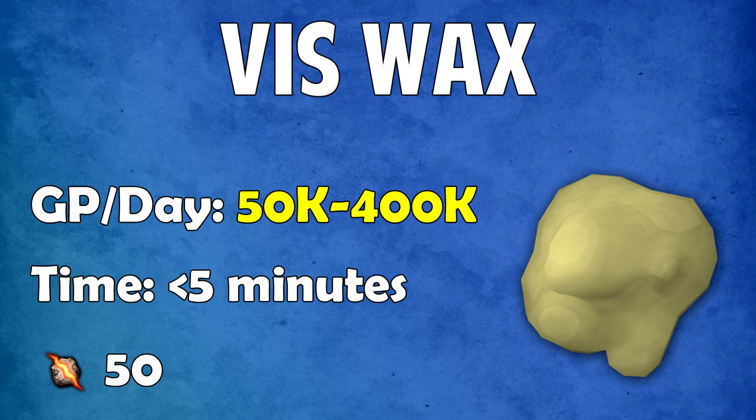For this one you want to join the friends chat Vis Wax FC, and then as their friends chat name it will show you the runes that you need in order to make the Vis Wax. It changes every day, so make sure you join this friends chat every day and just check on which one you need. Also in the description I'm going to link a forum post made by that friends chat,